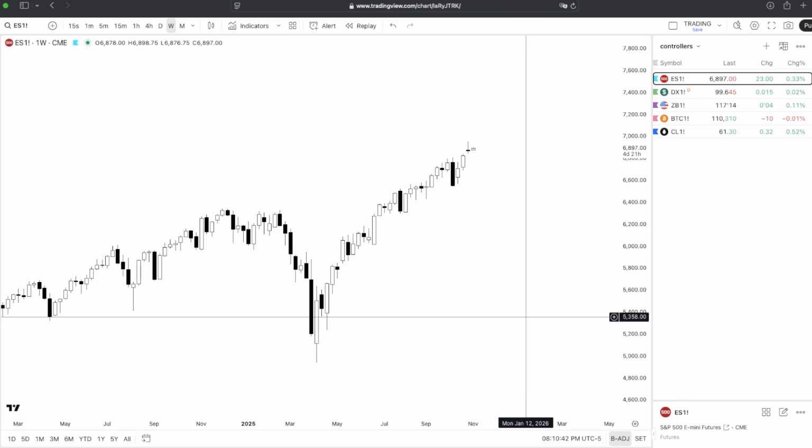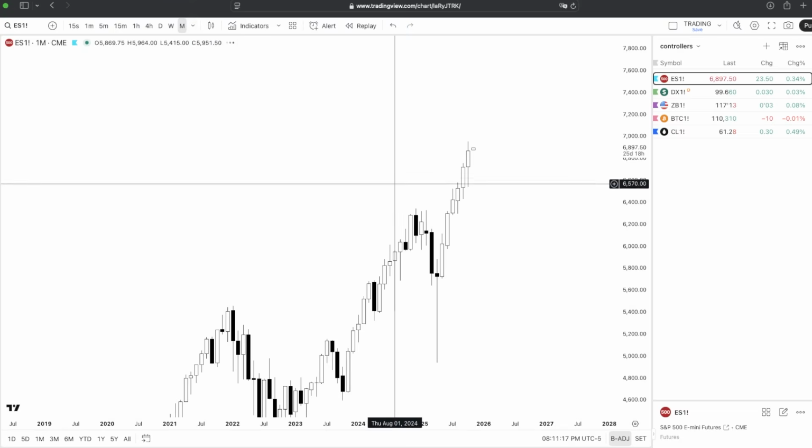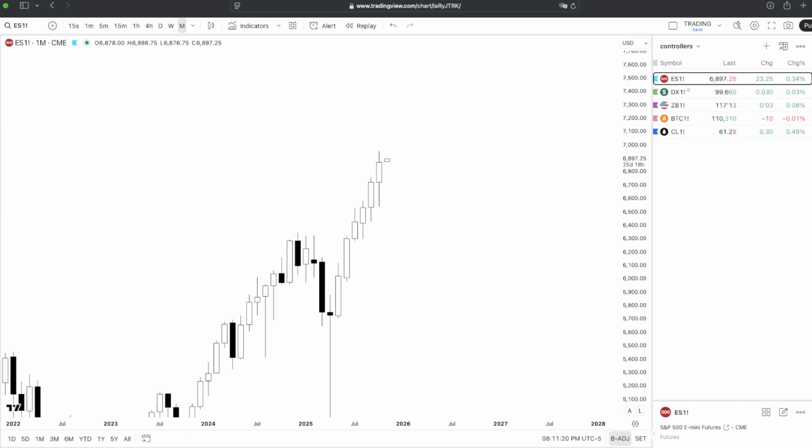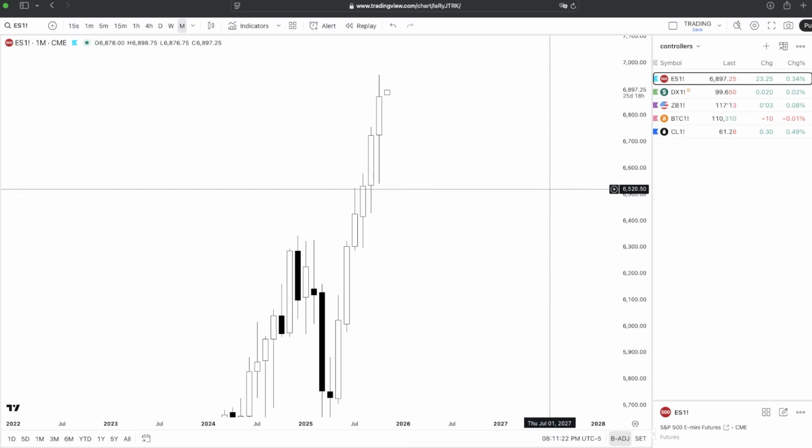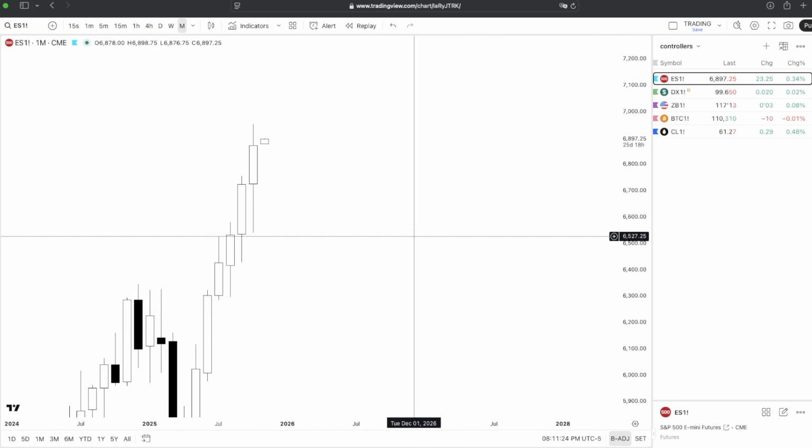If you don't, you're not going to have the same levels as me, and the technical analysis just isn't going to work the same. Alrighty, so like I said before, we're going to start on the monthly time frame here. And looking at the S&P 500 on the monthly time frame, it looks like we don't really have anything,